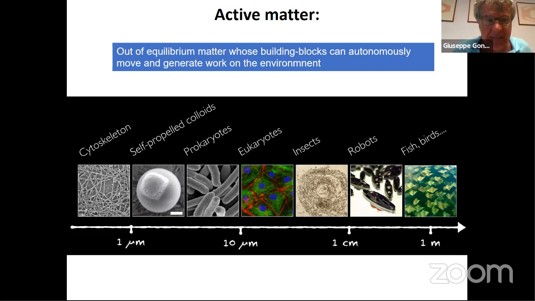And then, of course, you have other kinds of systems like men or robots or fish and birds. The systems that I will speak about are, as I said, more related to colloids or bacteria. They are on this scale of 10 to the -6 meters, where thermal fluctuations are relevant,